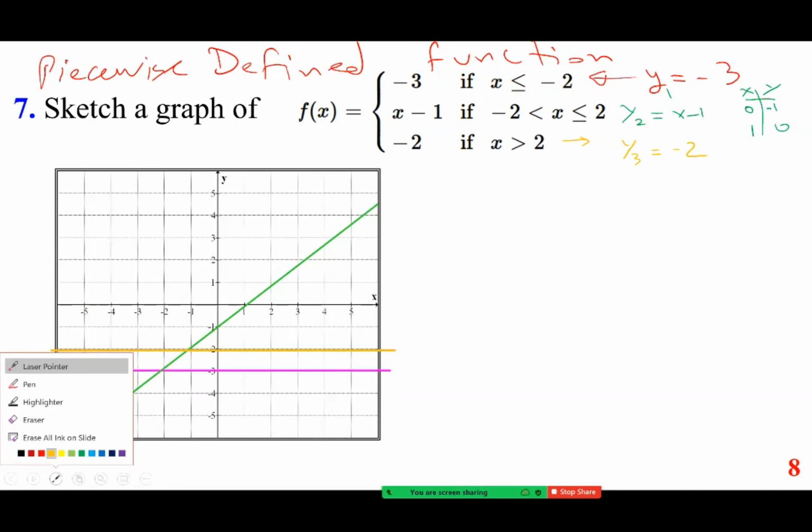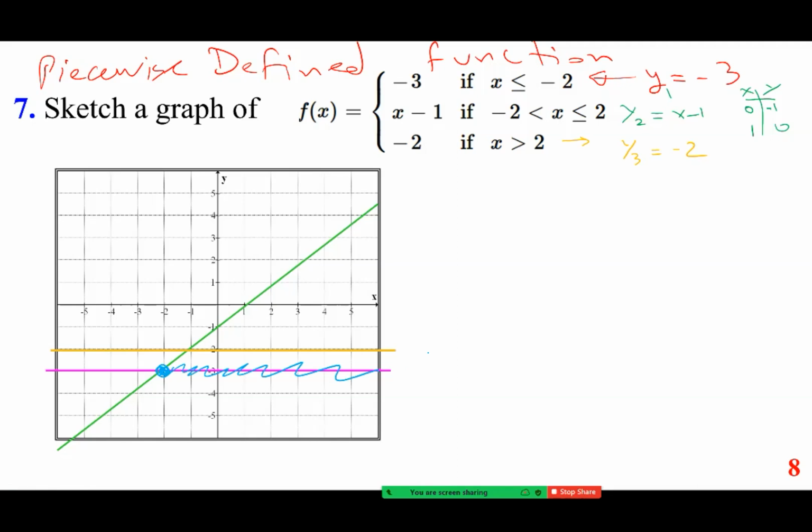So you have a point here, and for y equals -3, this portion is out. I cross it out. This is no good. Only the left side of it is good. Then it's x minus 1 from -2 to 2. So this portion is not good. And this is a hole